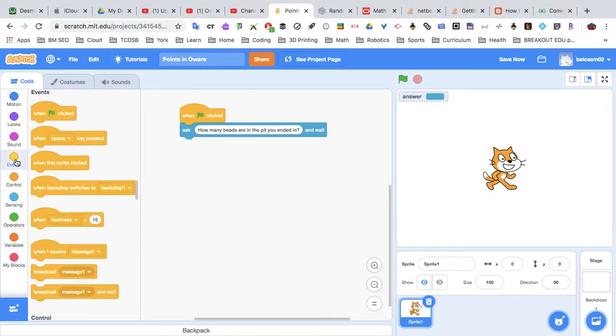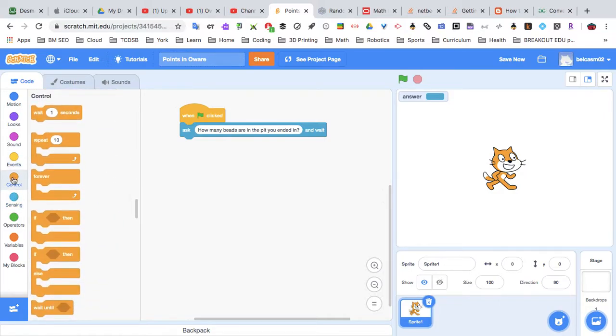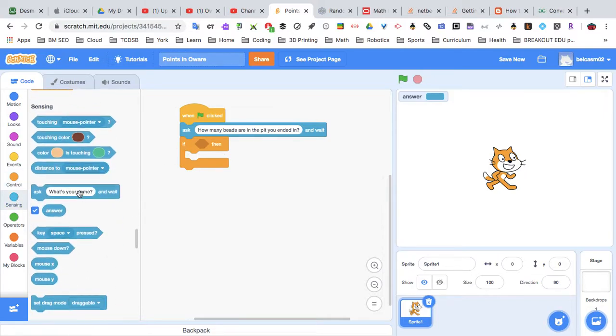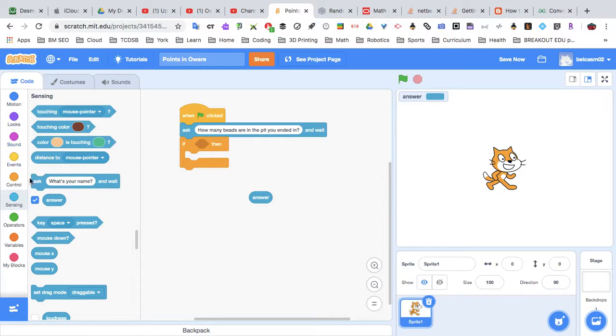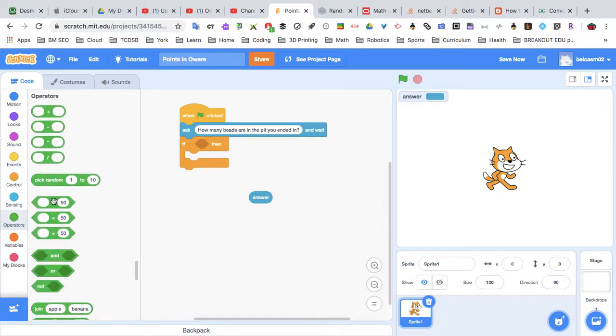So now we are going to build an if statement around this. So if the answer, okay, remember we need that answer block. So if the answer, and this is where we get into our Boolean operators. If the answer is greater than 1, and in this case we're going to use and. If the answer is greater than 1, and here's a comparison operator, the answer is less than 4,